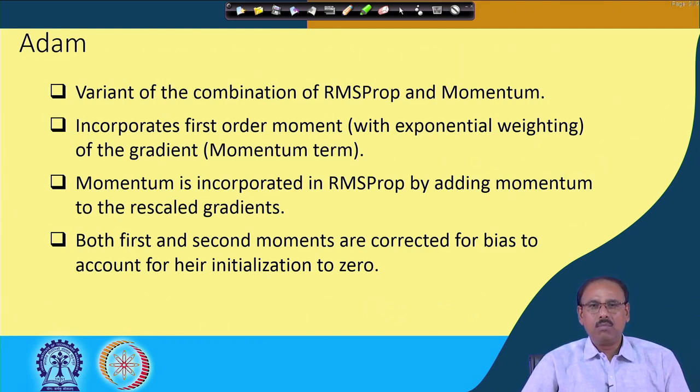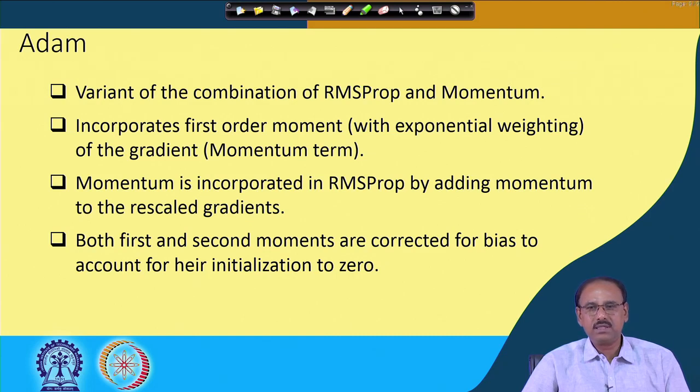So, you use both this first order and second order moment, that becomes a variant of RMSProp, and this is what is known as ADAM. So, in case of ADAM, you are including both first and second moments for weight updation or parameter updation. And in addition, ADAM incorporates one more term, that it tries to correct the bias to account for initialization to